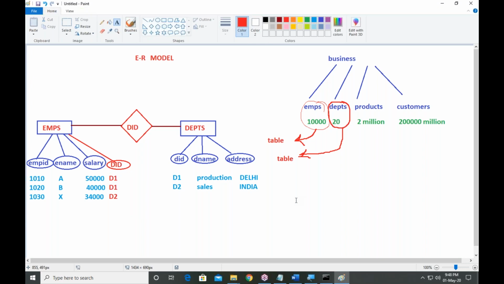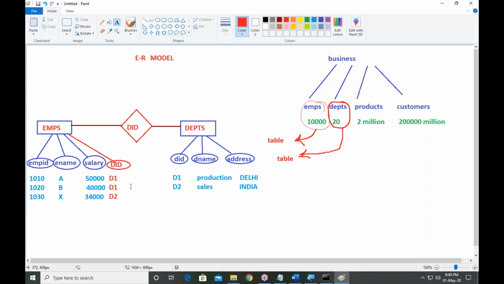Now tell me, how many employees are under production? 2 employees. Under which department is the last employee working? Sales. What is the highest salary under production? 50,000.